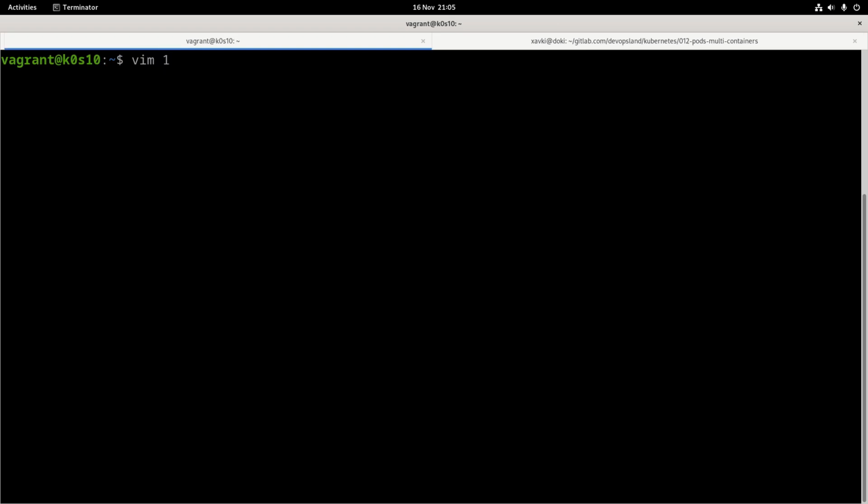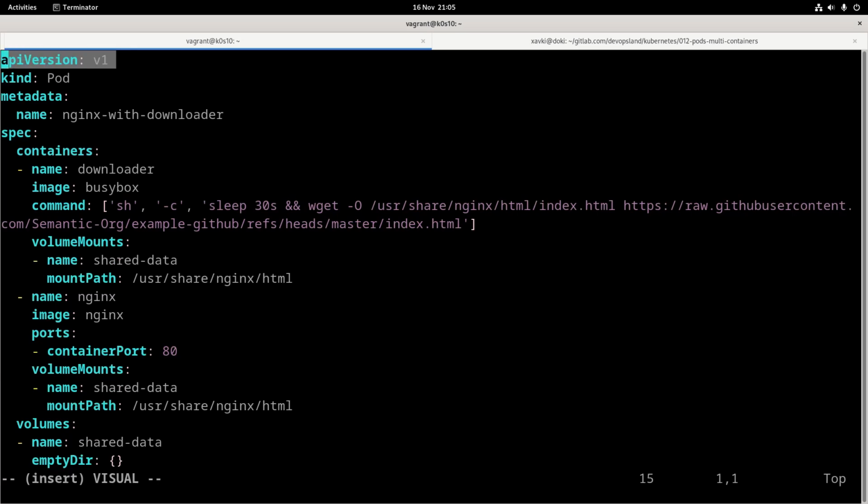We can check each line of it. For example, here, this is one file.yml, really simple. Of course, we have the API version. The kind of the manifest is Pod, because we want to have a pod. And the metadata: this is the name of our pod, which is just nginx-with-downloader. The spec of this pod has a big part for our containers.